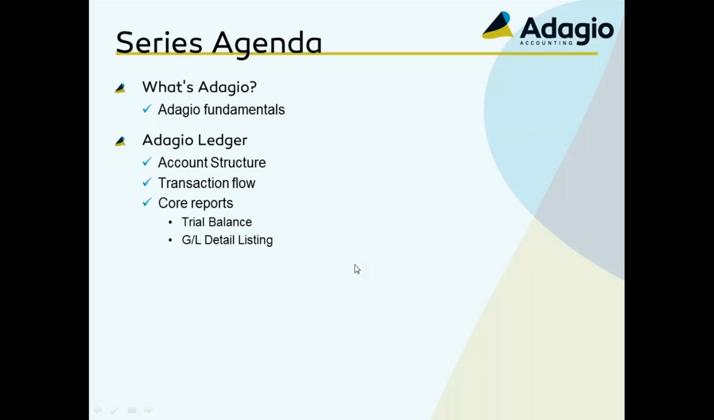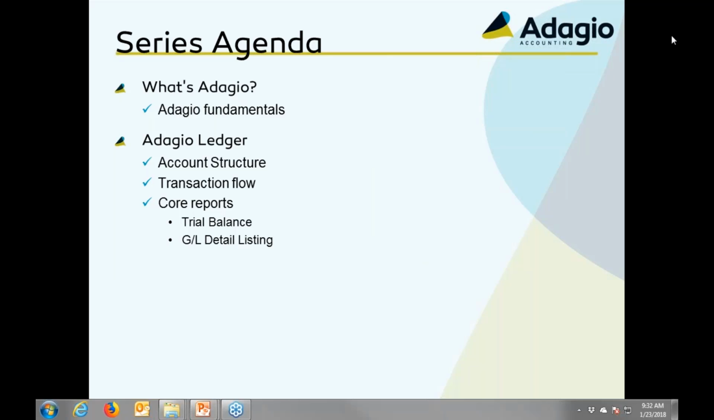The topic today is just Adagio itself, and we're going to talk about the GL and how it's set up and what it allows you to do, how the transactions flow within Adagio, and what the core reports are, of course. Those are the most important reports, the trial balance and the GL detailed listing. This is to give you a sense of how Adagio approaches the GL, which I'm always surprised is not the most fascinating module for people,